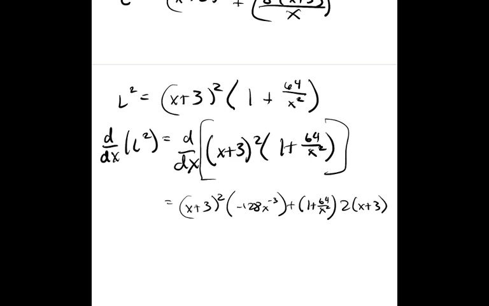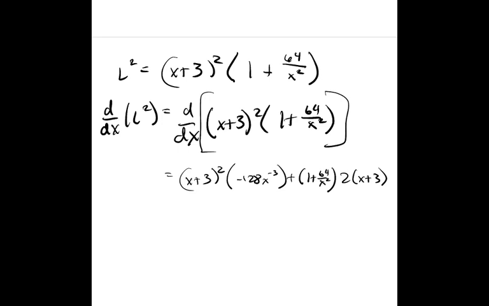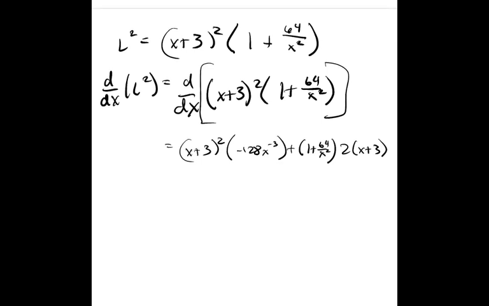Now can we set that to 0 and solve for x? Let me see. We need to try to simplify that. They both have at least an x plus 3. Okay, so let's factor out the x plus 3. We're going to be left with... we can factor that out. So we're going to be left with,